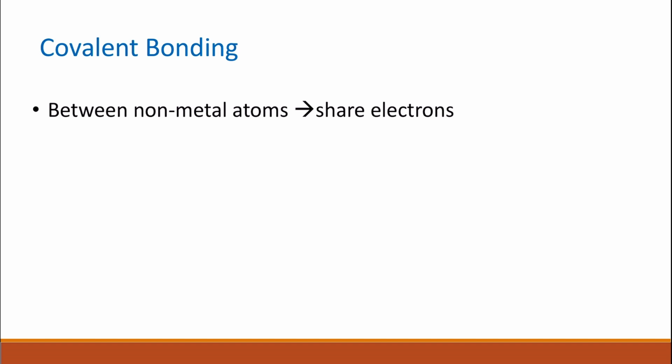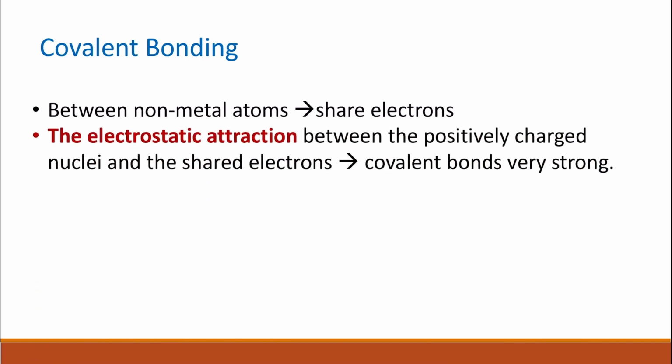Covalent bonding. Covalent bonding is the type of bond that you find when nonmetals react together, as nonmetals tend to share electrons and form what is called a covalent bond. Each covalent bond will provide one extra shared electron for each atom. In covalent bonding, there is a strong electrostatic interaction between the negatively charged shared electrons, which are the bonding pair,